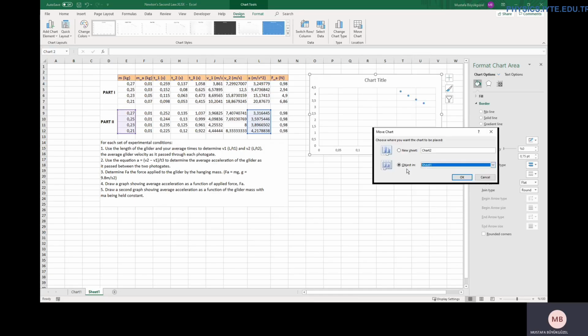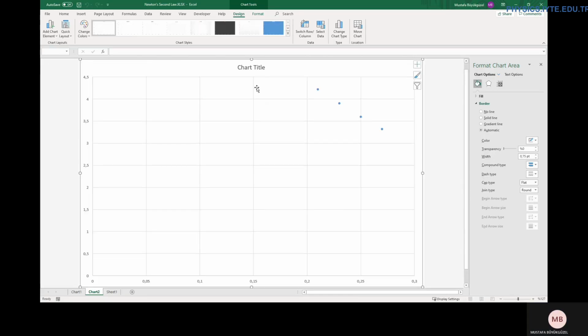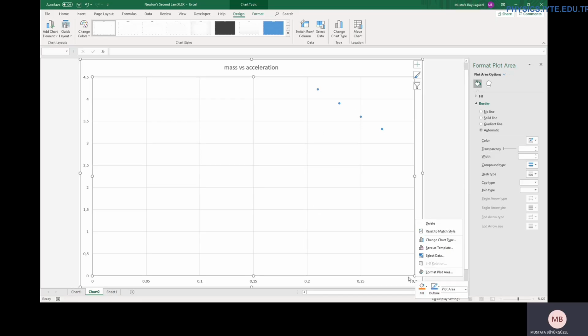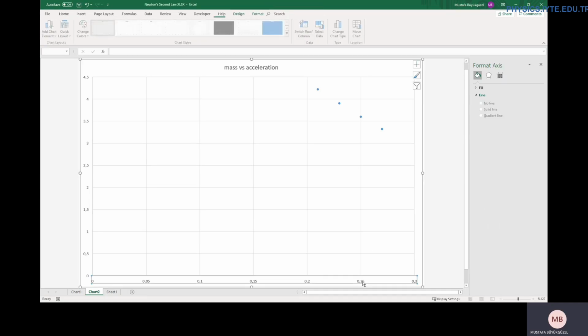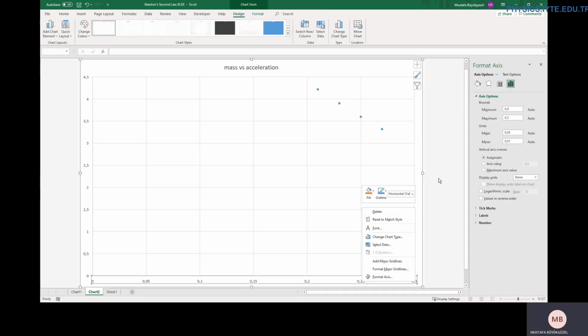Let's make it bigger by moving to another sheet. I'm just going to quickly write mass versus acceleration. And from here, it doesn't really look nice. So what I'm going to do, I'm going to work on the axis here to make it bigger. Now, if I go into axis bounds, if I make the minimum 0.2,